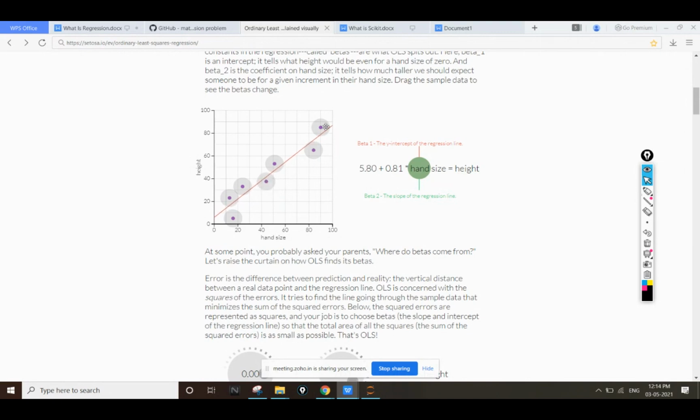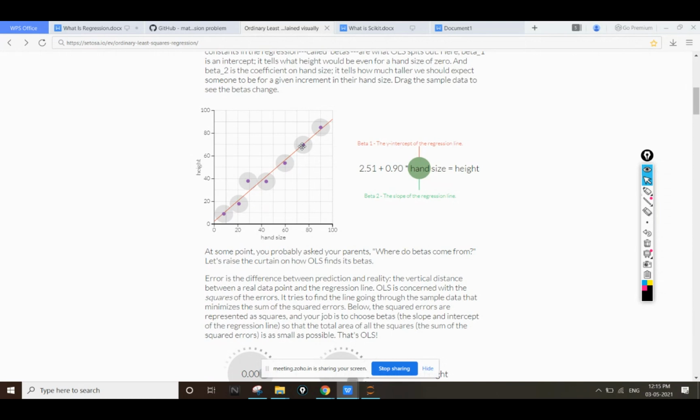The value of M and C is also changing, and this red line is my best predicted line. You can see that for all the different values of X, my best predicted line is also changing, and my values of M and C are also changing. This is what we are trying to do right now: we are trying to find the values of M and C which will best fit my line, but we are not able to see how much data we are able to predict correctly and how much data we are not able to predict.